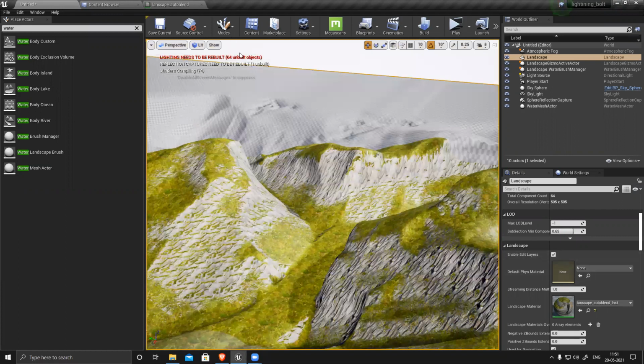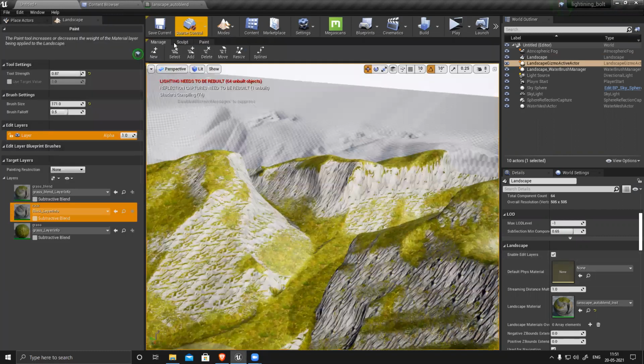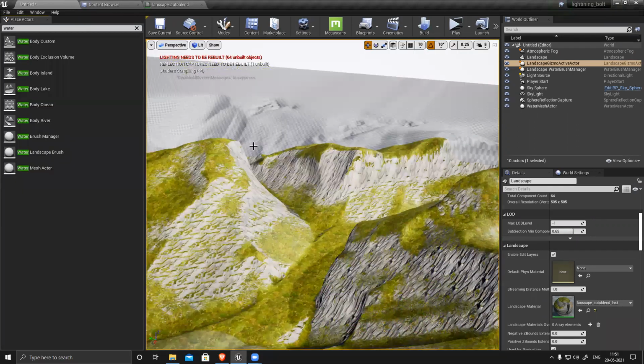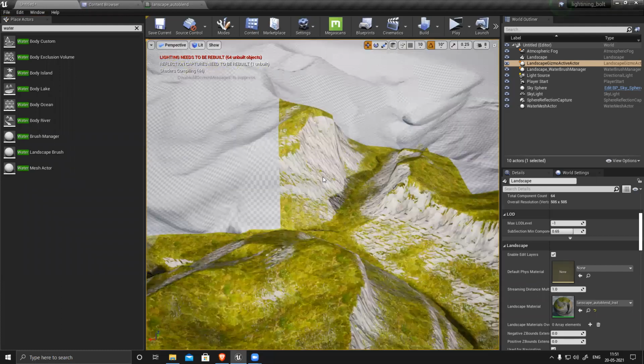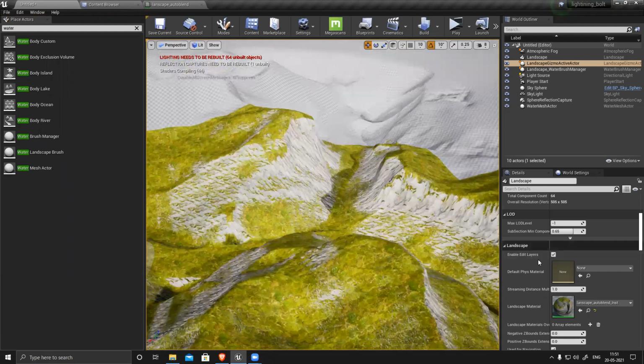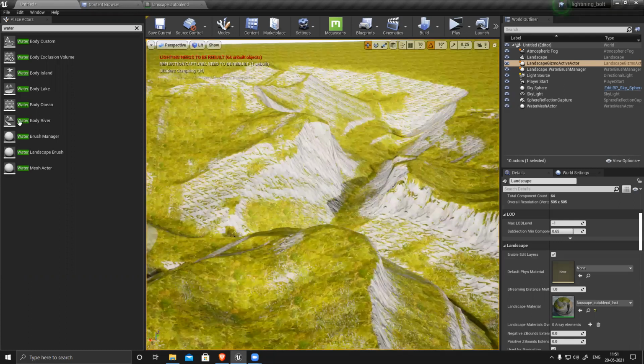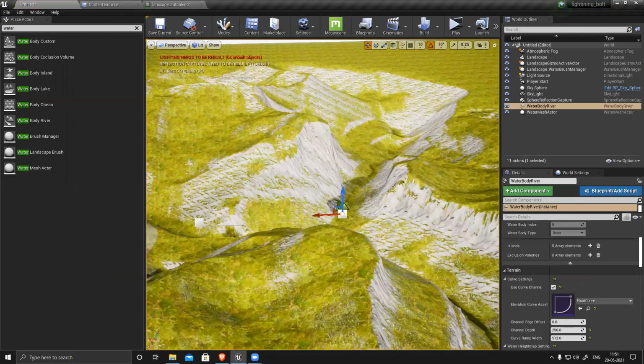If you go to landscape and manage, click new, enable edit layers, this one you need to switch on, otherwise the water won't work. So I just switched it on from here. I'm not sure it will work or not. Let's see. Now I have this water. I think it won't